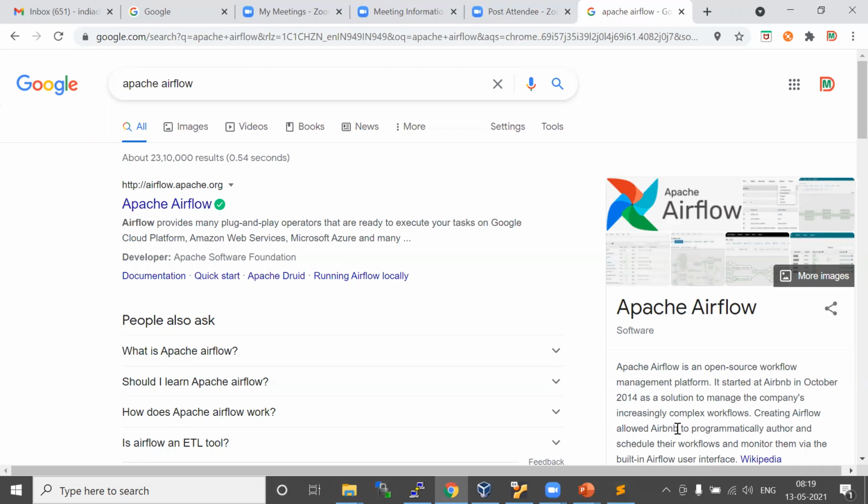I'm going to explain Apache Airflow tomorrow, and show you how to schedule your PySpark job in Airflow. We'll start with a simple Python program. Airflow is basically a scheduling tool, so it can schedule different types of jobs. One is a PySpark job. Even a simple shell script you can schedule, and even a simple Python program you can schedule. There are different types of jobs you can schedule in Airflow. We will see tomorrow.